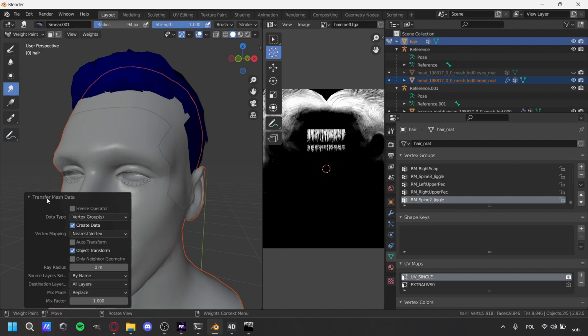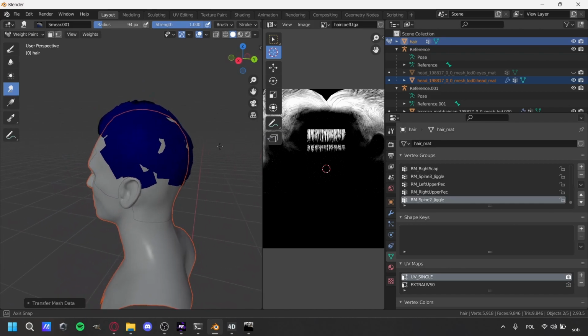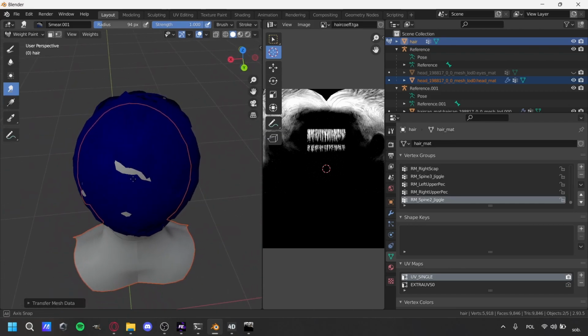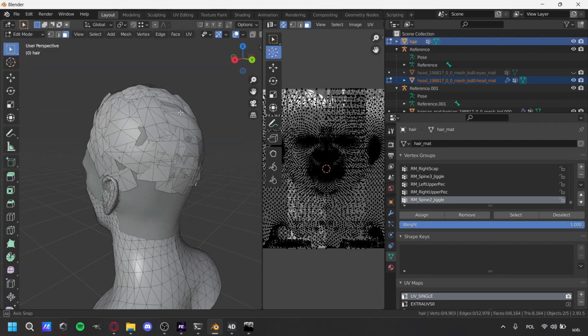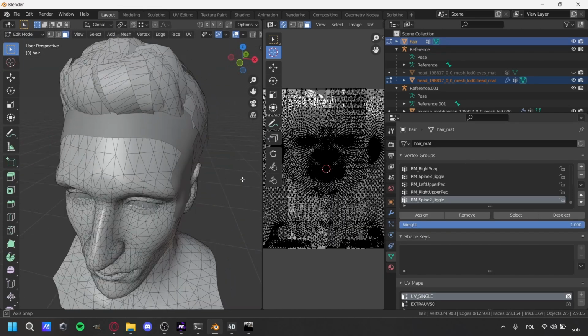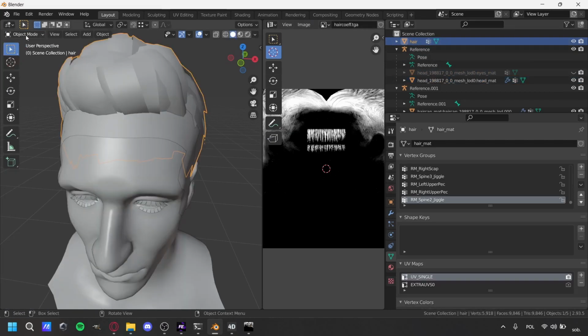It's preferable to do it from the head instead of from the haircap, because it matters when the hair is longer. Here, not that much. You may also want to